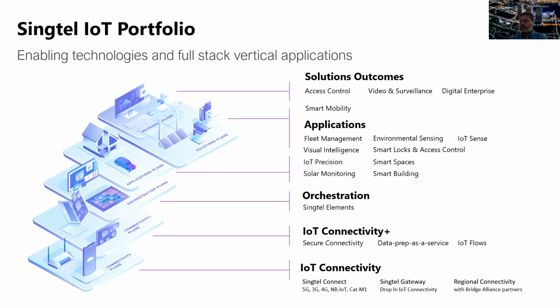We also do what we call a drop-in IoT connectivity with an industrial gateway option for certain projects. One of the other key things we focus on the connectivity side is regional connectivity, because just to explain this a bit, of course, cellular connectivity is used in the context of different projects in Singapore, be it government or enterprises. It's a given. We work very closely with partners like SpaceAge Labs and other customers as well.